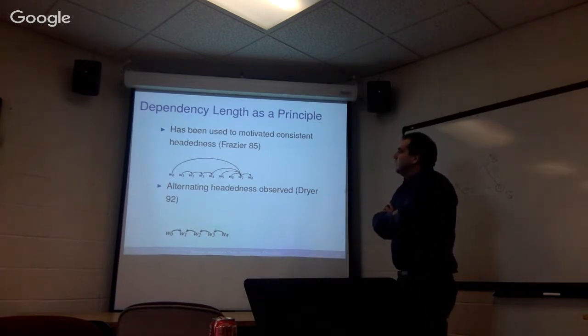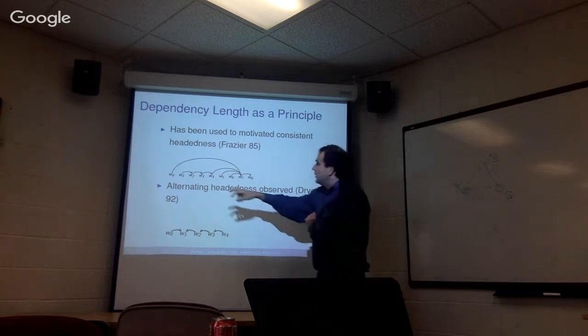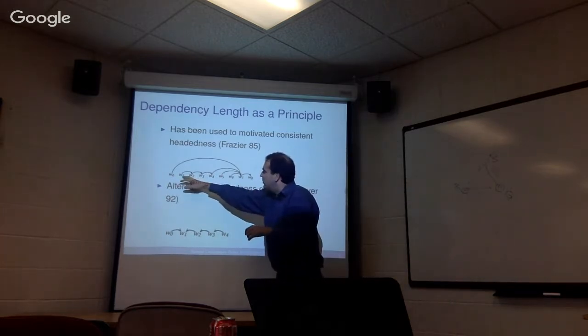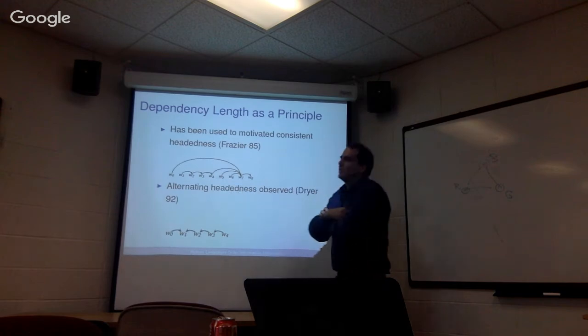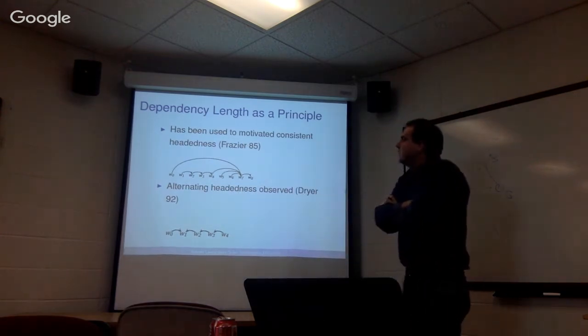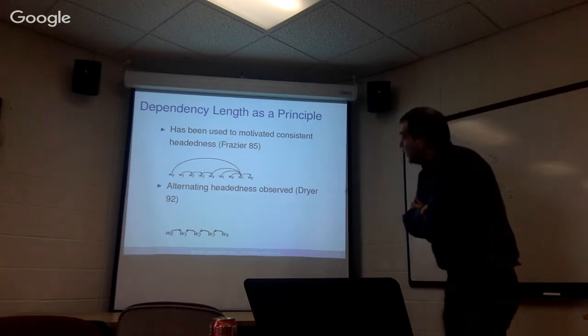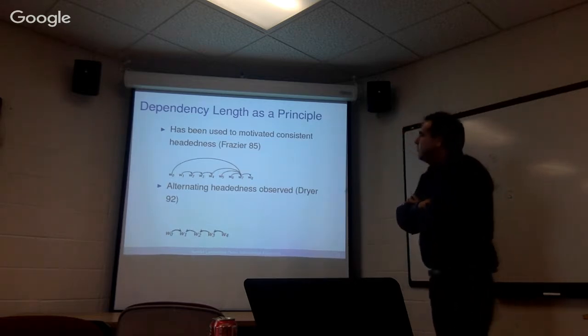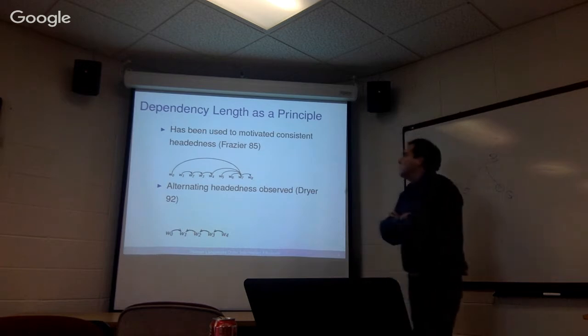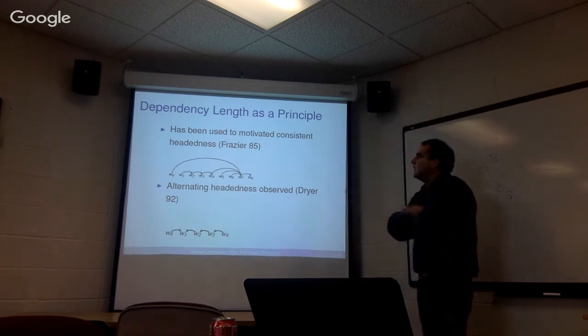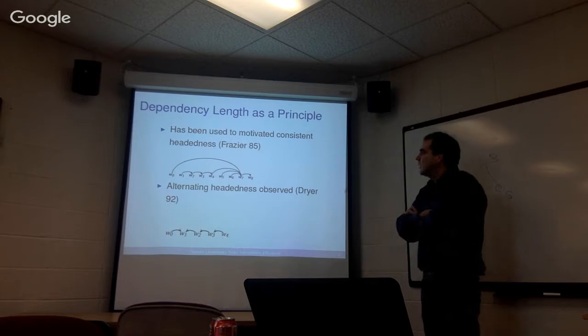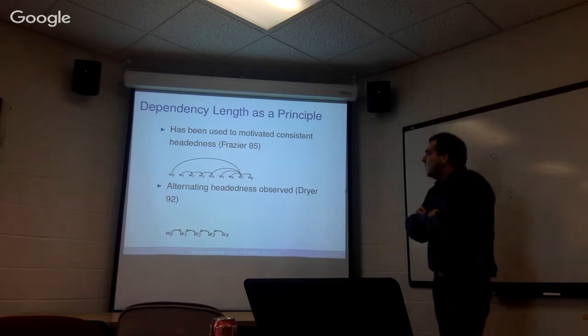And you can see that this tends to make the dependency short. So if you have a long chain like this, and all the arrows point to the right, then each arrow is only one word long, and that's going to tend to make the dependency shorter. Well, it's not true that languages are really always right-headed or always left-headed. The example we had on the slide earlier did not have all the arrows pointing in the same direction. But that could also potentially be motivated by